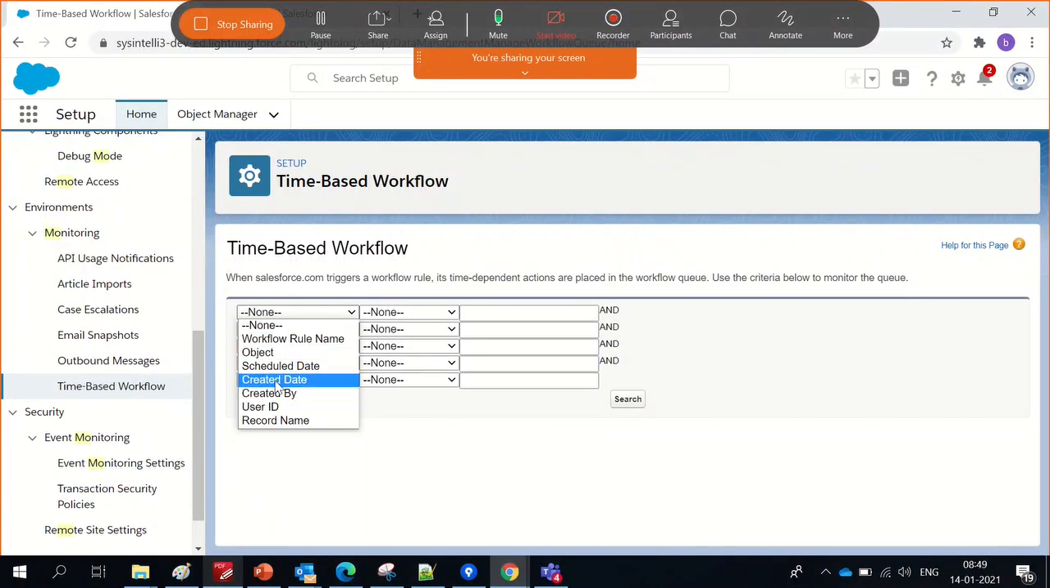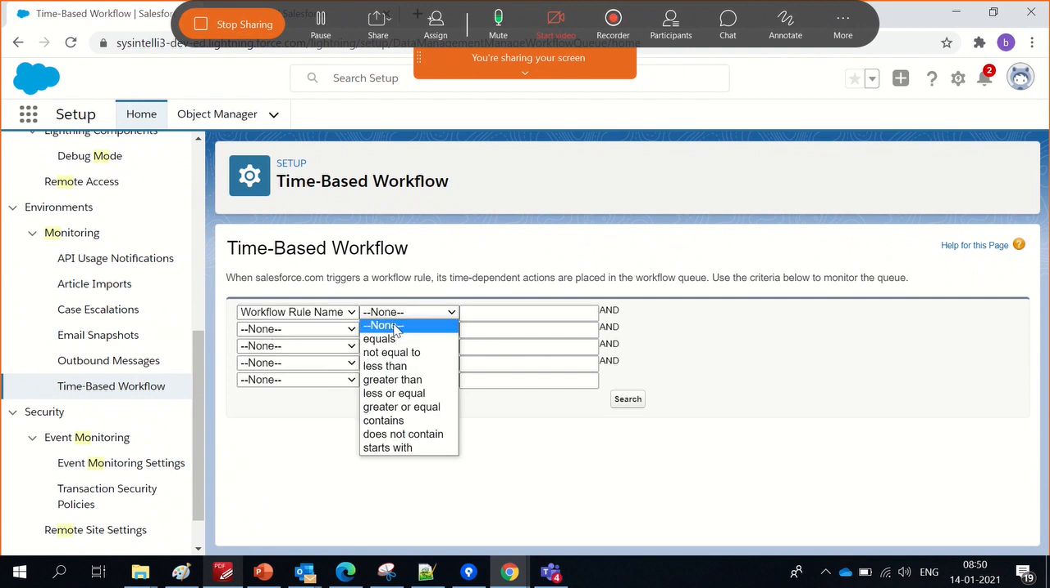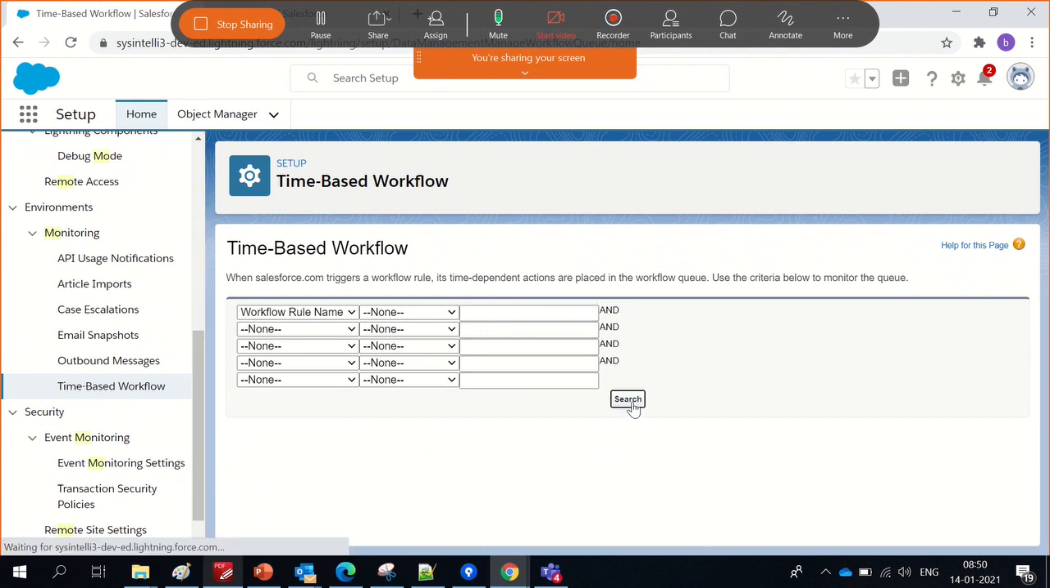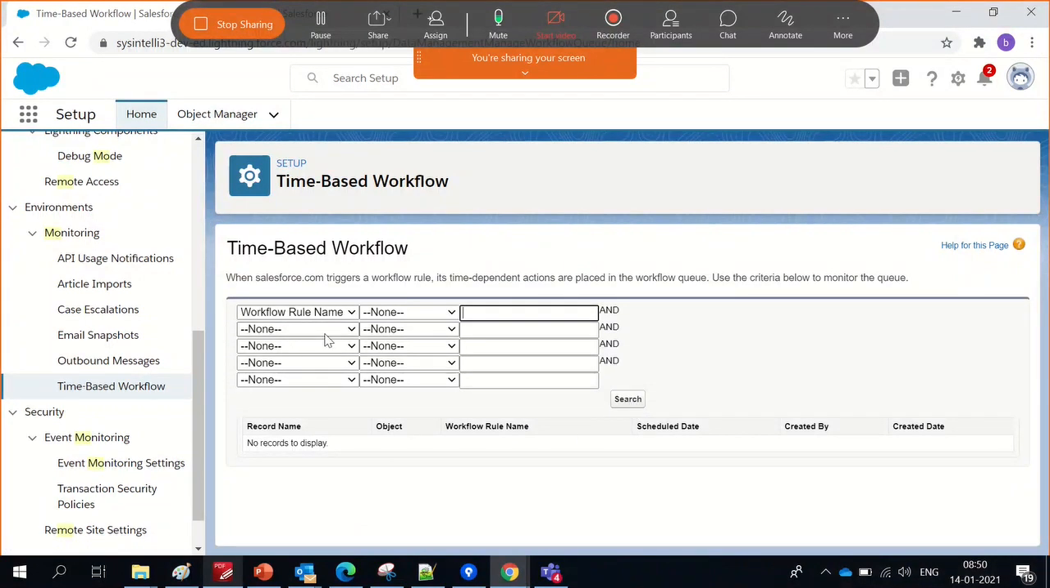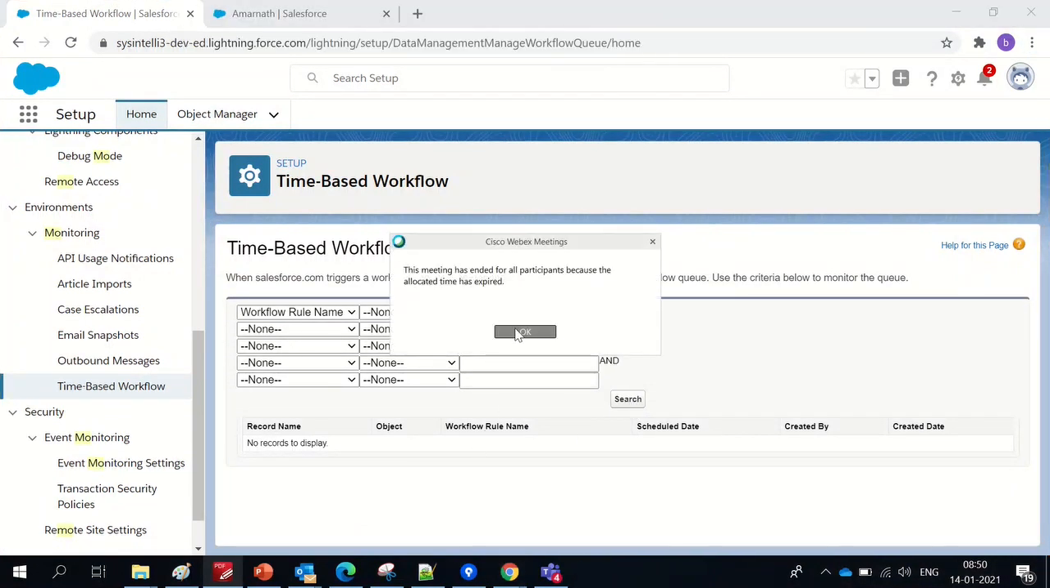So let's see, if you know a time dependent workflow rule name. I just don't remember the time based workflow rule name that we have created. If I search with any time based activity we have, it will show here which record. I said that to you, right, so